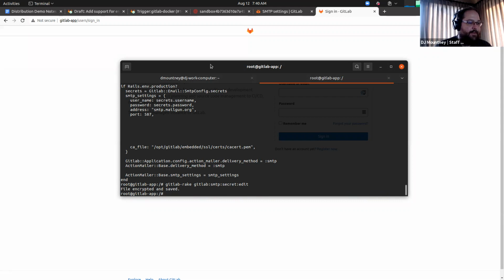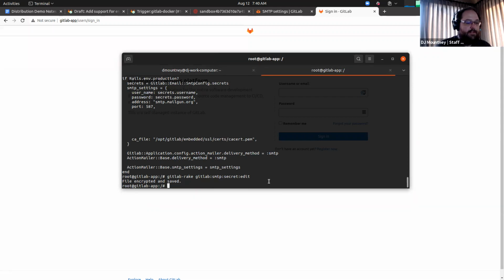Says the file has been encrypted and saved. The file is located in the shared storage directory under encrypted settings. This is a configurable path, but this is also where the LDAP one is usually stored, so it gets stored here